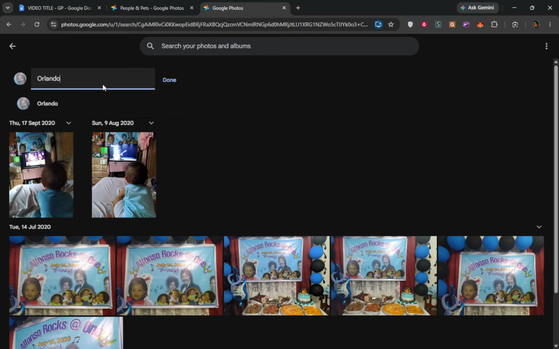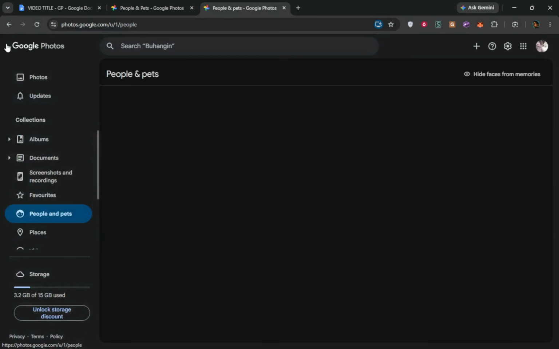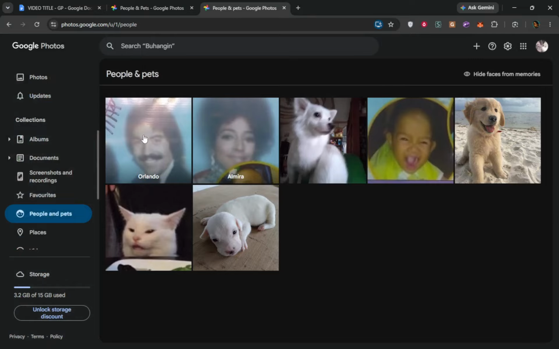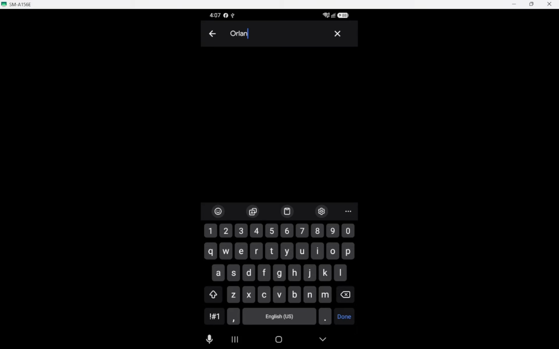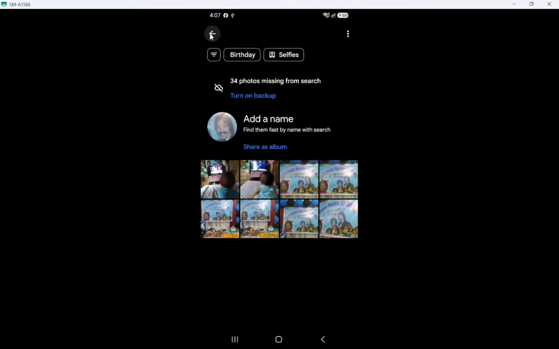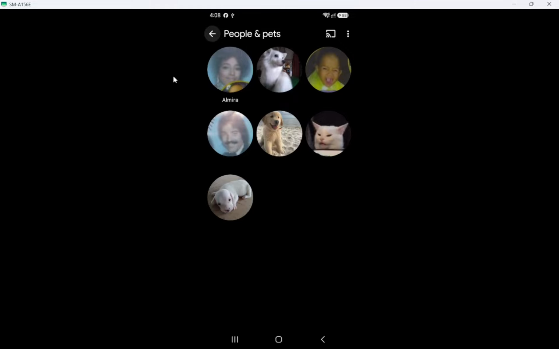Note that if the person you are trying to name does not appear, Google Photos may not have detected enough clear photos of their face yet. You cannot manually create a face group, but you can help Google by adding more clear, front-facing photos of the person. Also keep in mind that the Face Groups feature is not available in all countries or for all account types. With these steps completed, you will have successfully created a named face group in Google Photos, making your photo management more efficient and